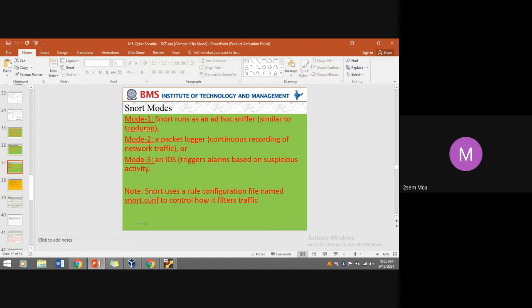So Snort works in three modes. Mode one, it acts as a sniffer; it acts as a packet logger; it acts as an intrusion detection system, IDS.